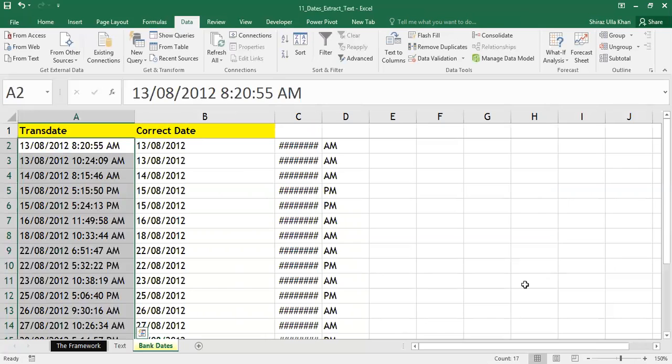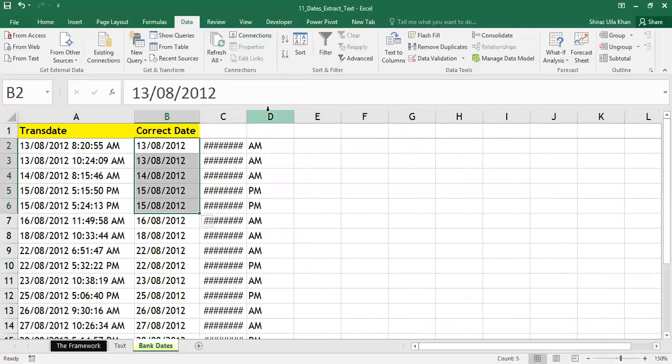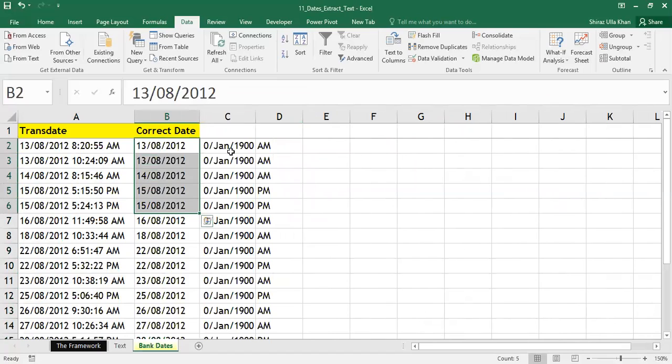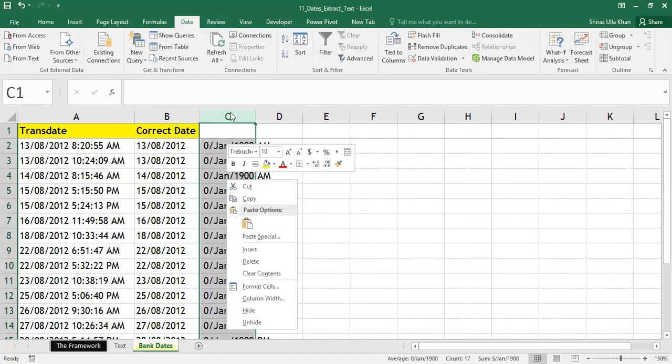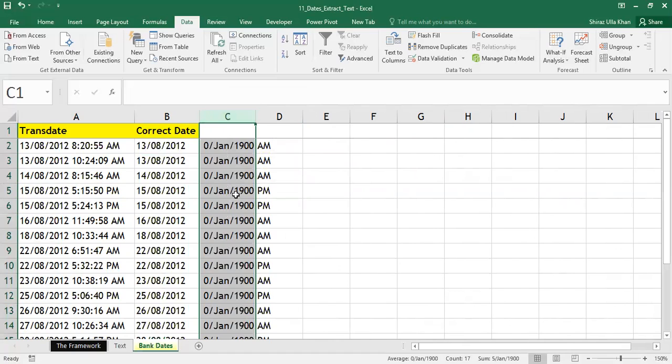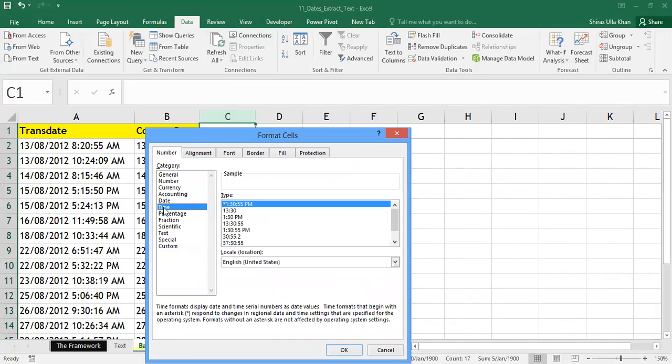Once you click on the finish button, the data is split into 3 different columns, column B, column C, and column D. Column B is the date, and in column C, time has to come, but column C is not formatted. Let me select column C and format this. So I'm selecting column C, right click, format cells, and let me select the category of time, and you can select any one of the types for the time. I'm selecting this category and click on OK.